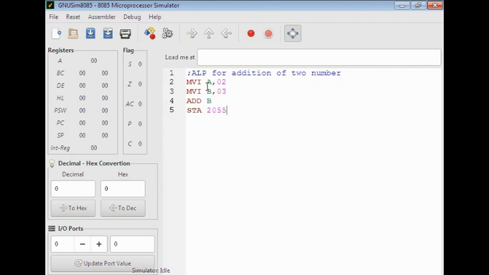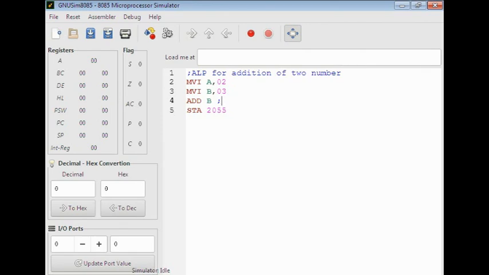We use data 02 in register A, or accumulator A, and 03 in register B, and now we add the content of register B and A and get the result in the accumulator.